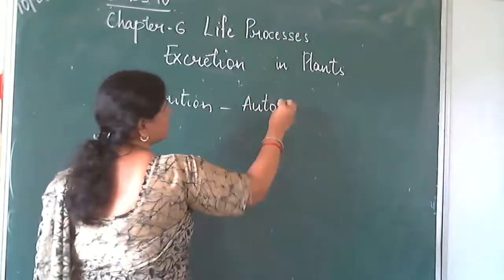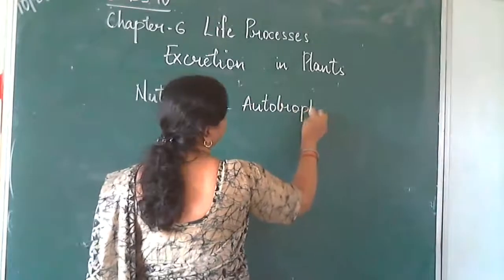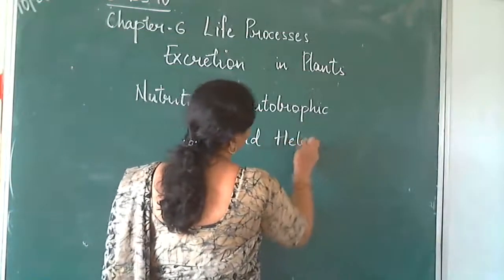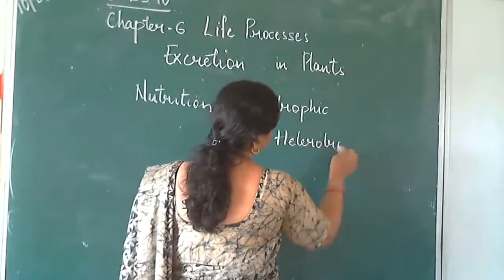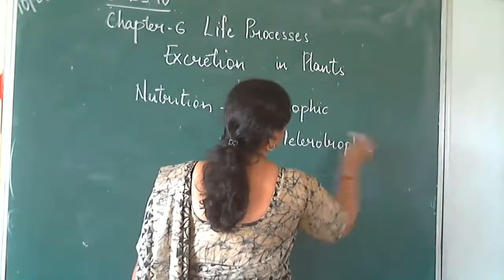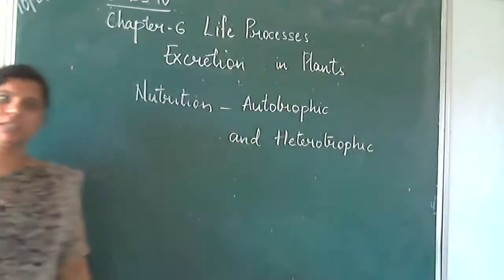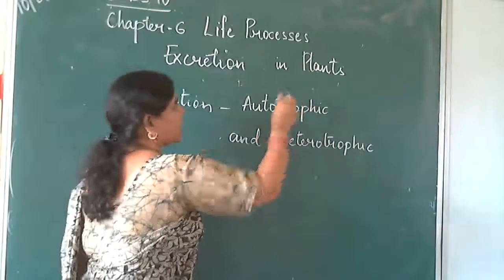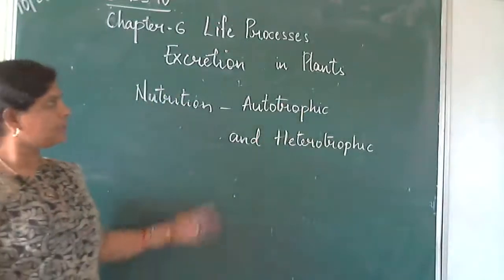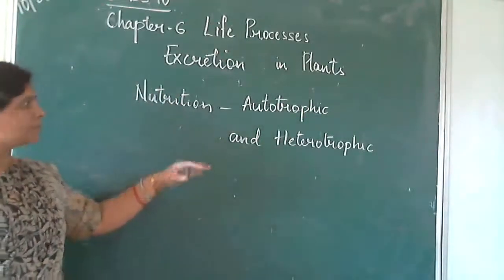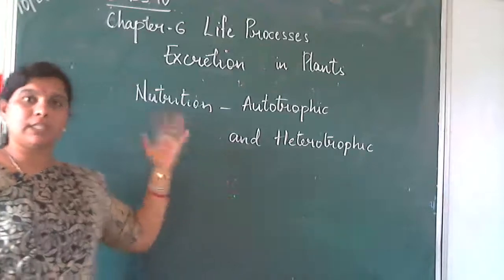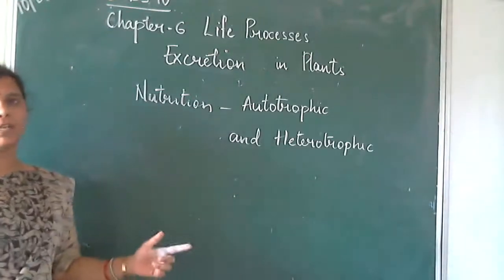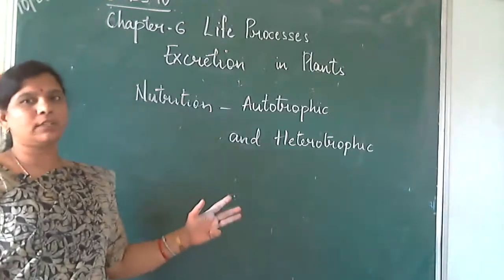Autotrophic as well as heterotrophic mode of nutrition. Okay, so autotrophic mode of nutrition is seen in plants and blue green algae as well as algae. That means they can prepare their own food. Whereas heterotrophic mode of nutrition, in that also we have learnt about holozoic, saprophytic or saprotrophic as well